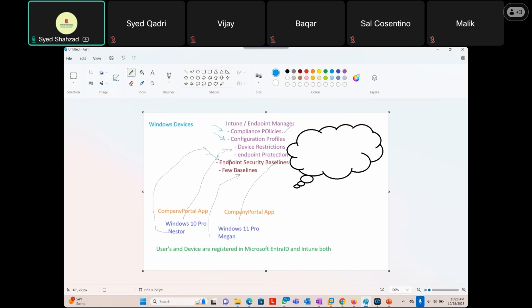Oh, I decide to implement that first. So yeah, you can do that. And or as we went, configuration profile. So there is no preference here. Yes, you can implement this and you can implement that. So why we go for configuration profiles and prefer to go for configuration profiles, because it's not only security, but